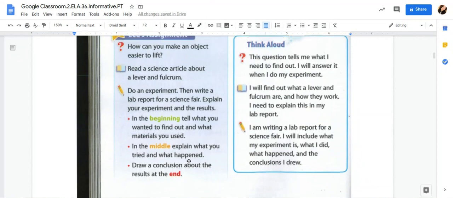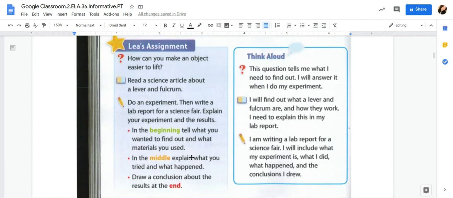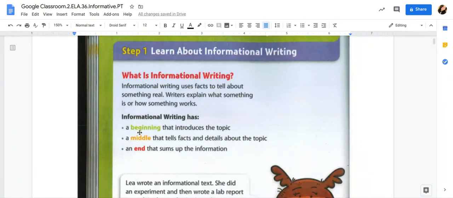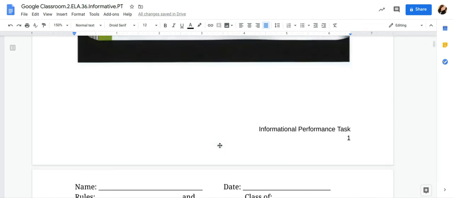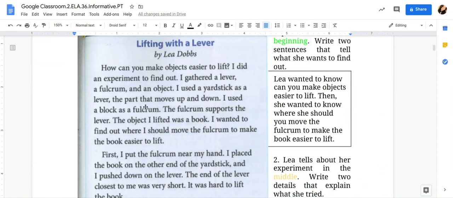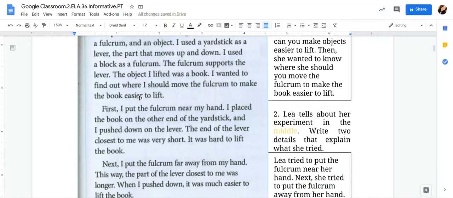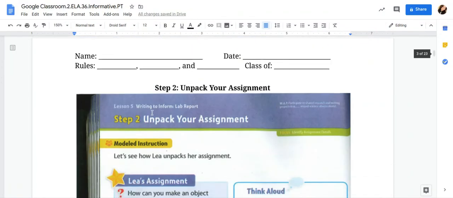So, right now, what I want you to do for the rest of Monday is just think about and review a beginning that introduces the topic, the middle that tells facts, and the end that sums up the information. I want you to really think about informational text and what did Leah do? Do you think Leah deserves an A? Do you think she deserves a C? Tell me why